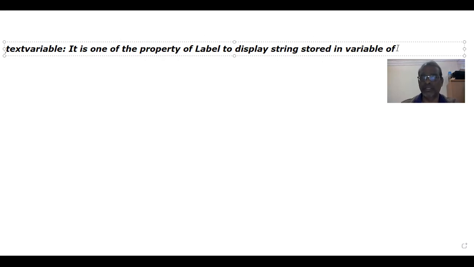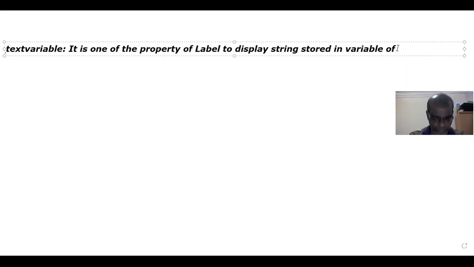Simply we can call it StringVar. S should be capital, and V should be capital. StringVar. So text variable is one of the properties of label which is used to display the string stored in a variable of the StringVar class. This StringVar is one class.